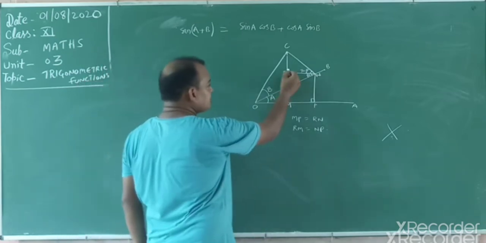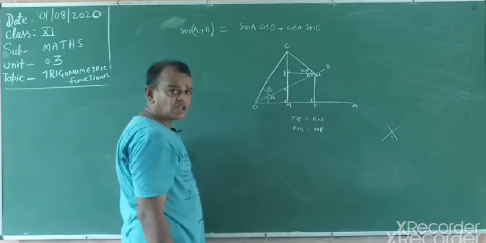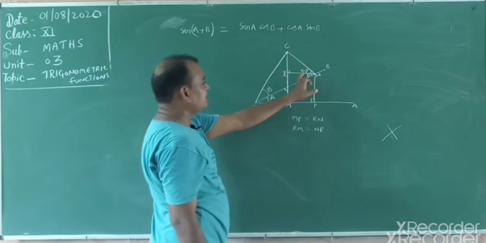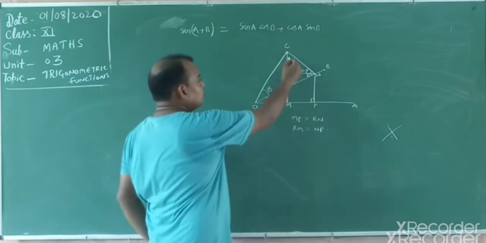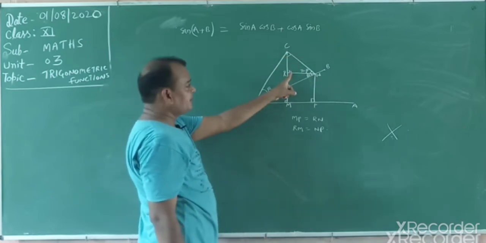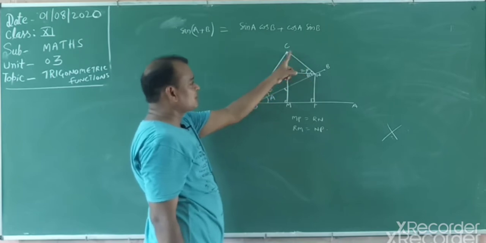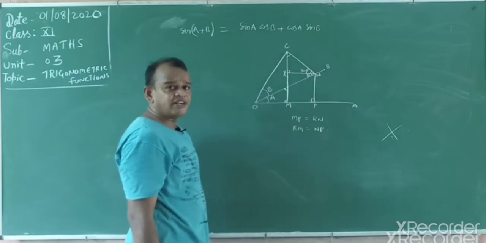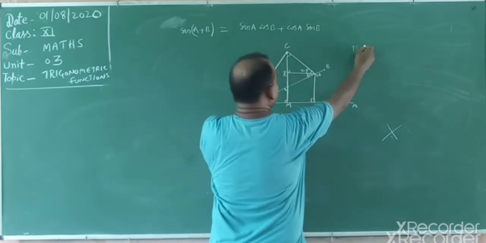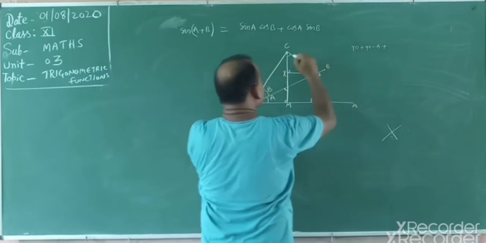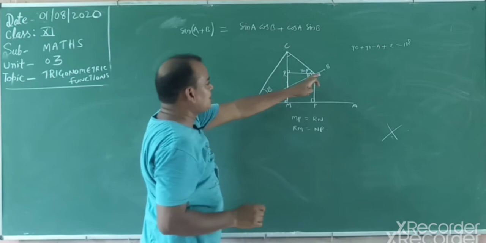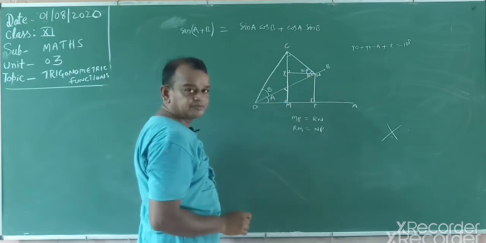Understood? Now this is how much? This is 90 degrees. Angle NRC is 90. RNC is 90 minus A. What about the angle RCN? This is 90 degrees. This is 90 minus A. The total sum of the angles is 100% 180 degrees. This is 90, this is 90 minus A. Observe that: 90 plus 90 minus A plus, suppose this is X, is equal to 180 degrees, in the triangle CRN.